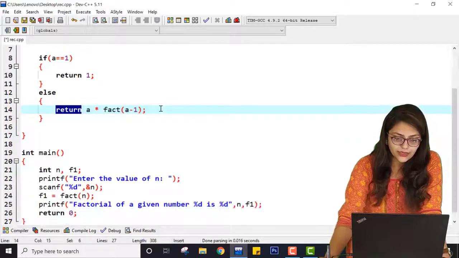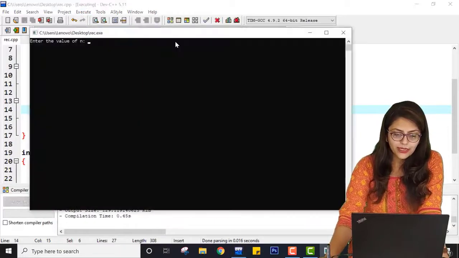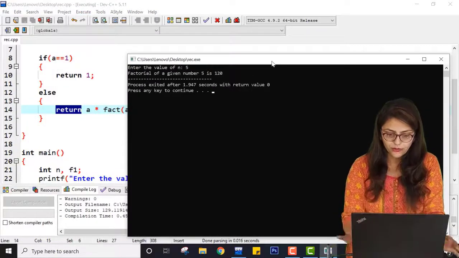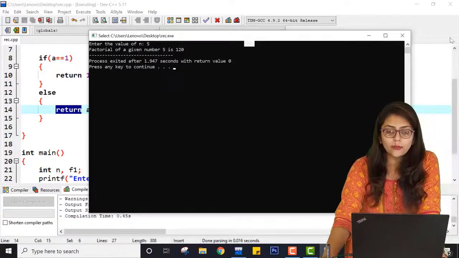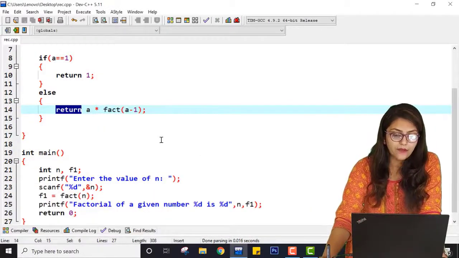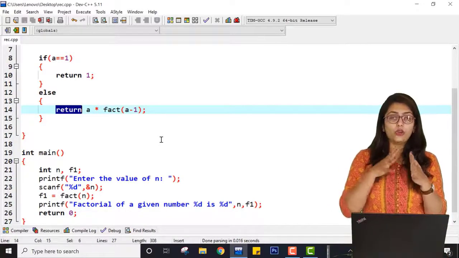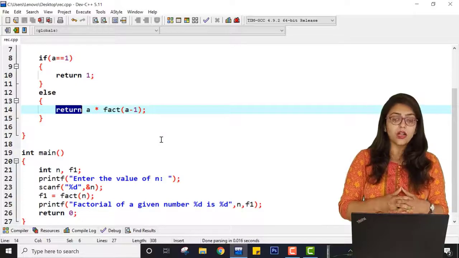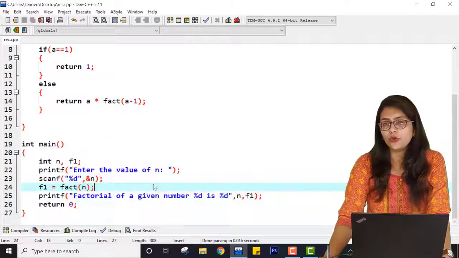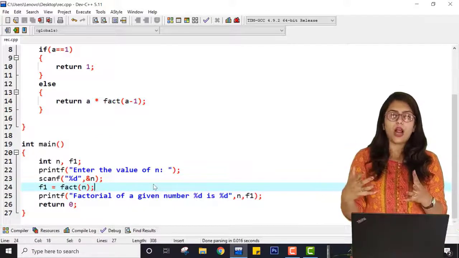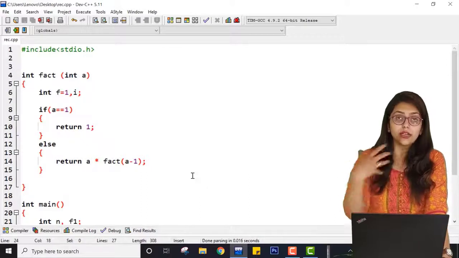So what exactly is being done over here? Let me just save this program again, compile it and run it. If I am entering 5 over here, you can see I am getting the similar output, that is 120. So our program is correct, but now I have written it as a recursive function. I hope you guys have understood the logic or the difference over here: inside the main part I have not changed anything. So if you know how to perform the program using a function, then it will be easy for you to convert it to a recursive function.